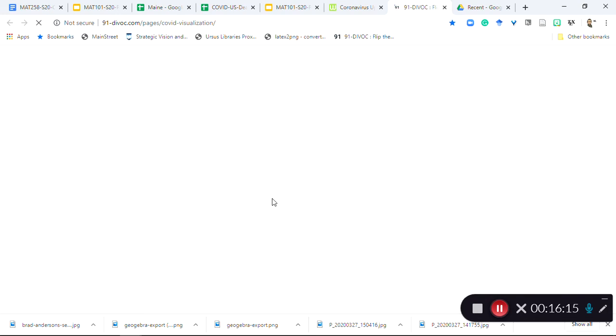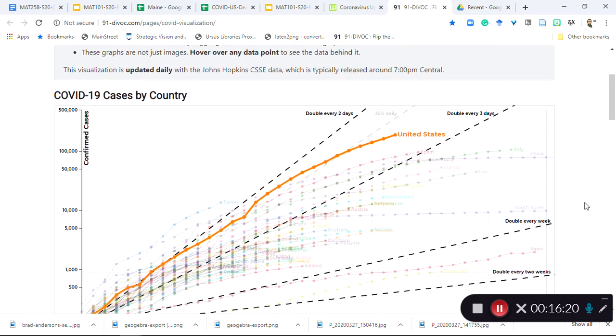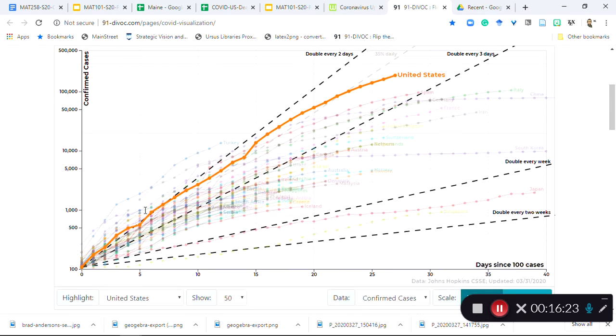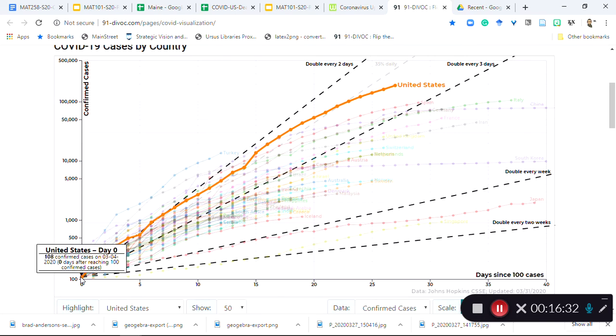Here's another resource that's linked in the slides that you're looking at, and in the video for YouTube last week, you saw some of these diagonal lines. And what do these things mean? This is on a log plot. You can tell it's a log plot because it jumps. It goes from 100 to 500, then jumps to 1,000, and then 5,000, then 10,000. Things are squeezed together here, and that's characteristic. So these straight lines are different types of exponential growth.